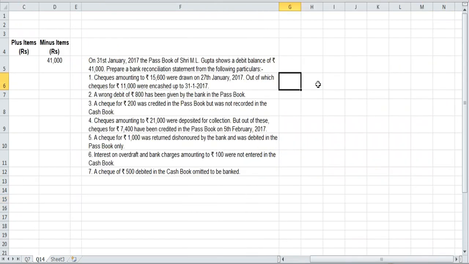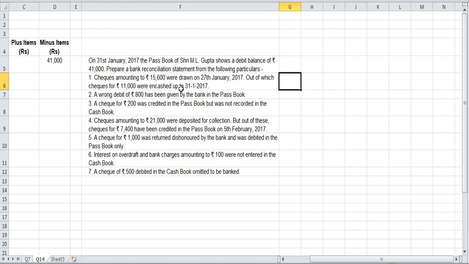Number 1, checks amounting 15,600 were drawn on 27th January 2017. Remember, this is for the month of January. So checks were drawn for 15,600. Okay, out of which checks of 11,000 were encashed up to 31st January